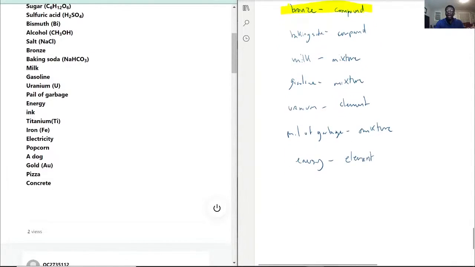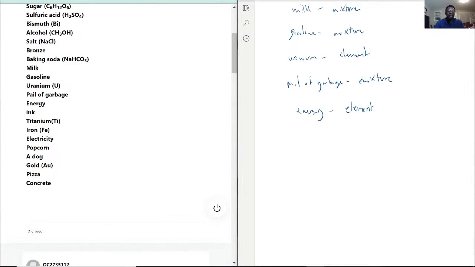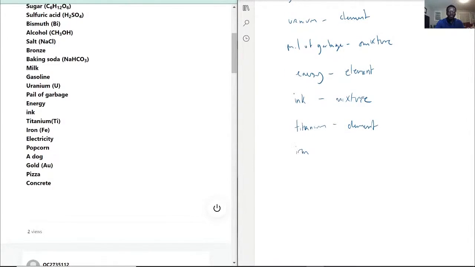But I'm gonna say that technically the best thing would just be saying none, but I'm gonna say element in this case. Ink is a mixture, because same thing kind of like with the milk. It's water and other things. Titanium is an element, because it's actually shown on the periodic table. Iron is also an element. Electricity,